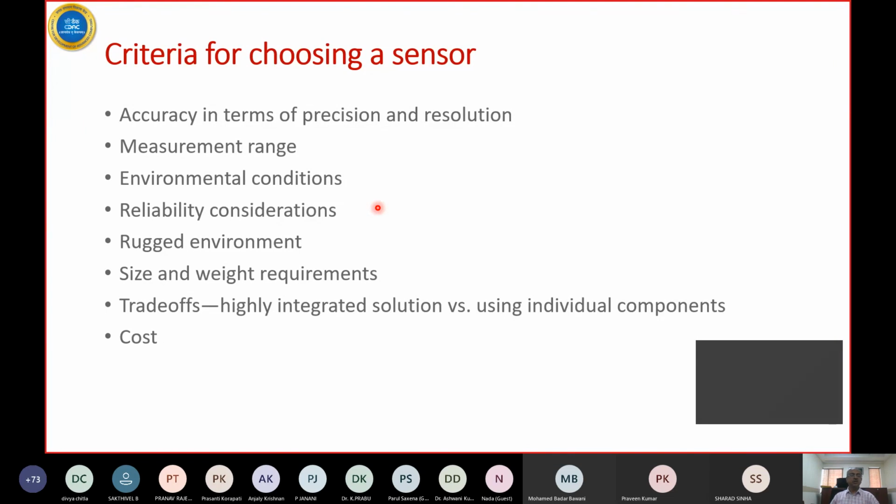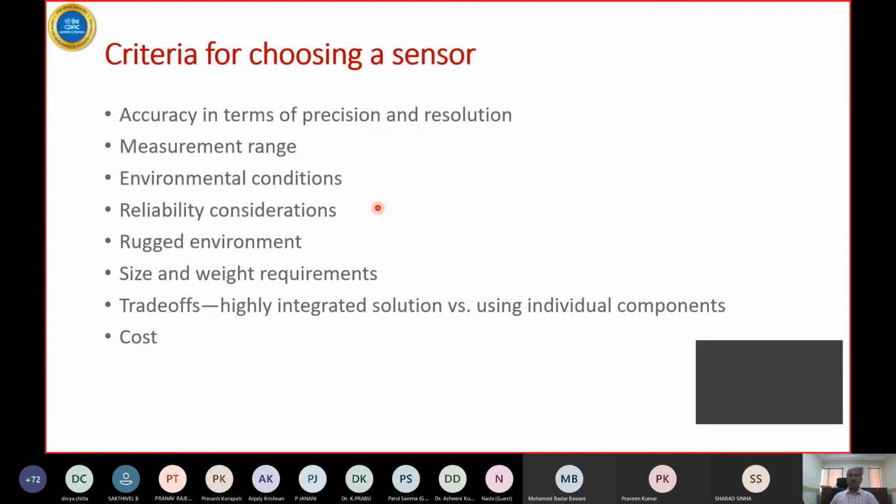Size and weight, it's going to be a part of another equipment. So what is your budget for size, weight, and power? In the morning, Professor Sharad mentioned that. How much power can you spare for the sensor? Is it battery operated? And finally, trade-offs, in the sense that are you just taking the sensor, along with you are taking the device that converts it from analog to digital, makes packets and sends it over a network.